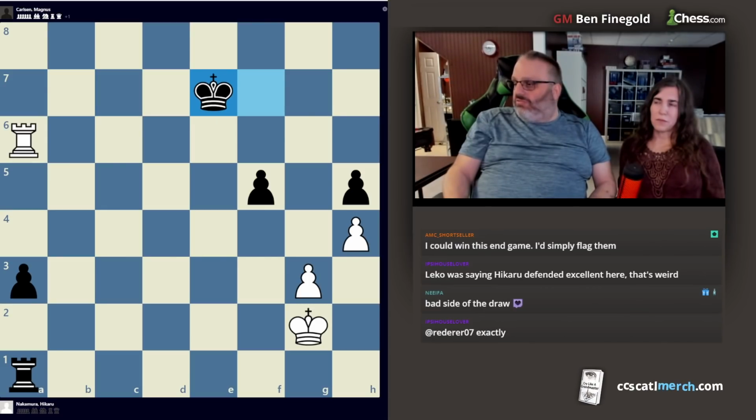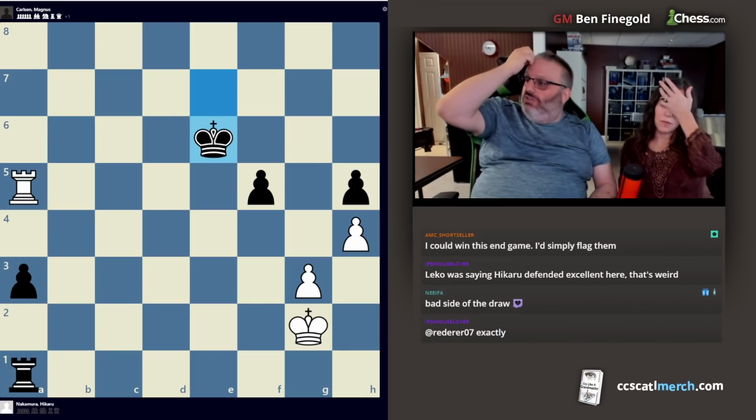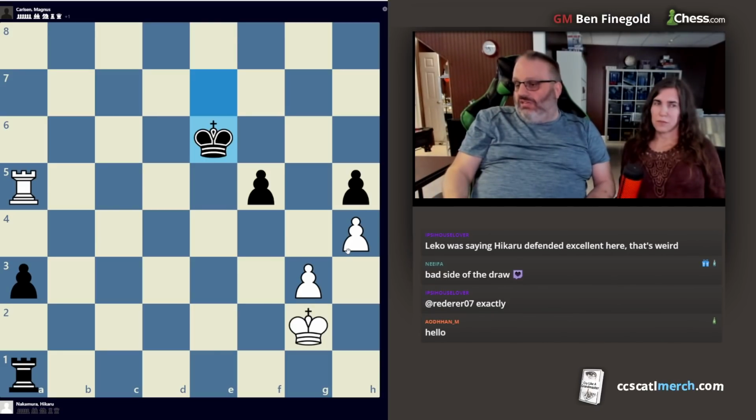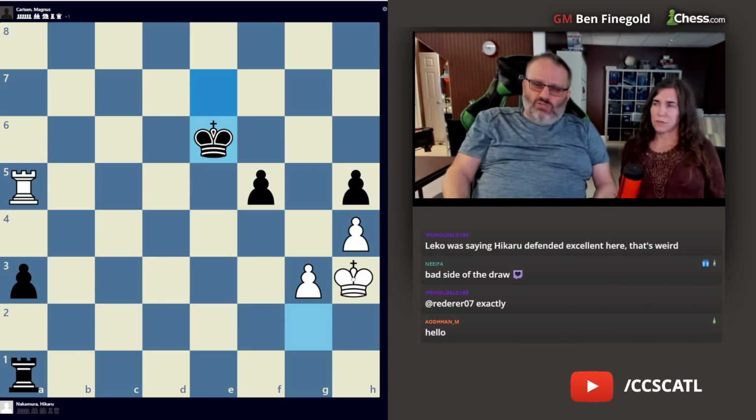Okay, here, this is where he blundered. No, not yet. Okay, so in this position, Hikaru played king h2, which is just a very bad move. And the reason is, if the guy checks you, you'd like to play king f3. You don't want to have your king here where it can't move, especially in a blitz game. So king h2 is a very poor